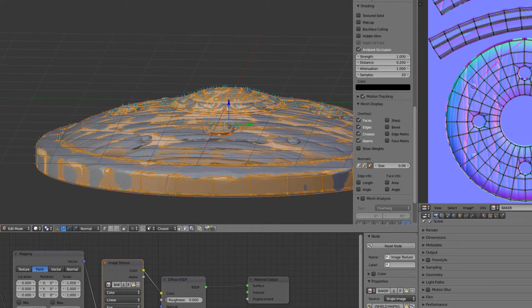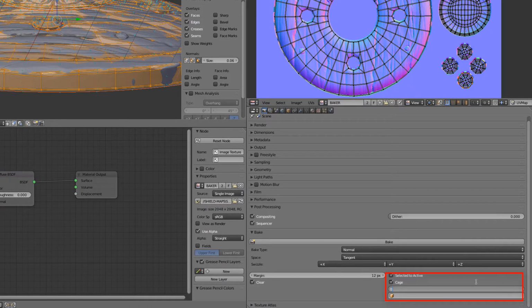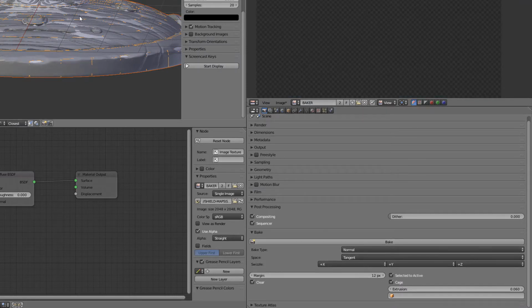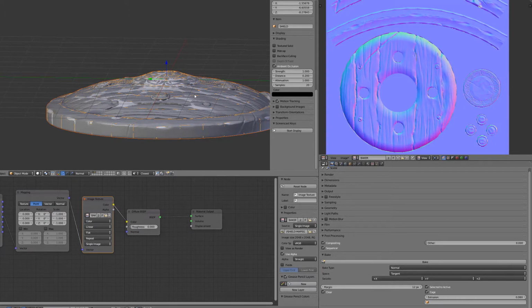So instead of using the cage, I will set here the distance to 0.06, and I will bake again, and we should get some nice result. It will be a little less accurate than using the cage, but in our case that will make us save a lot of time, and then we'll be able to fix the little baking issues using some painting, which is